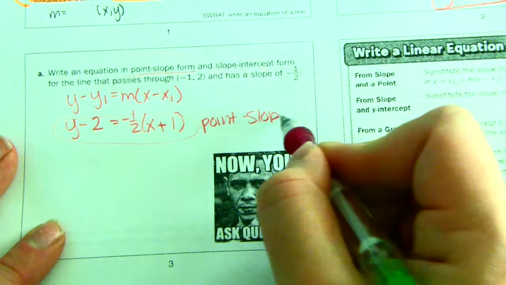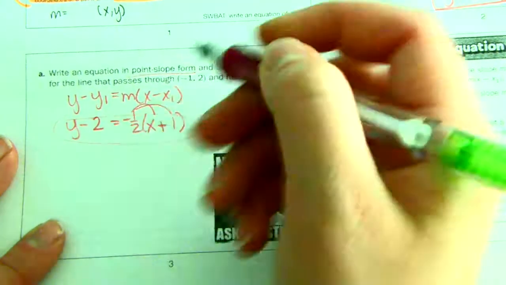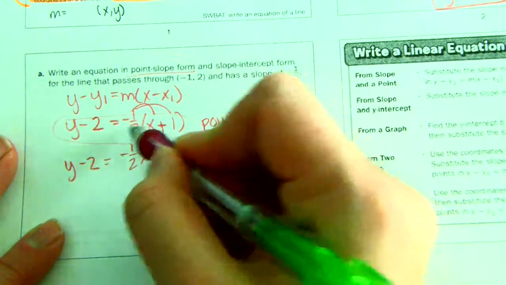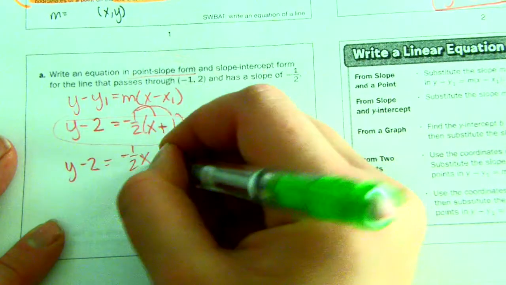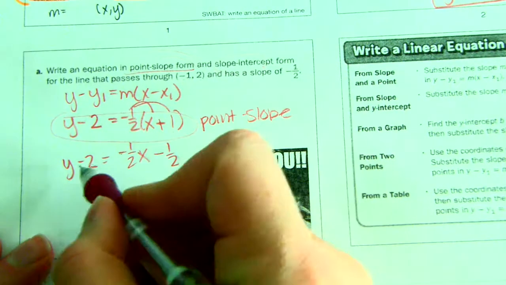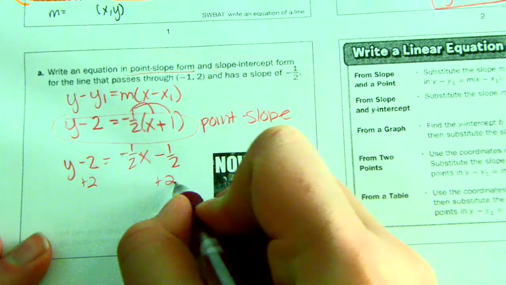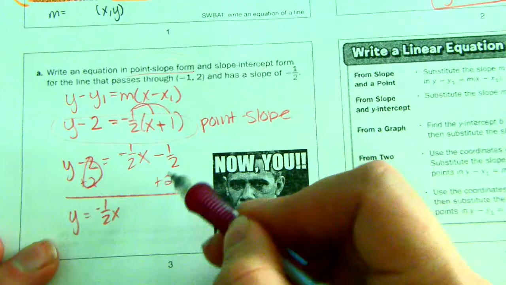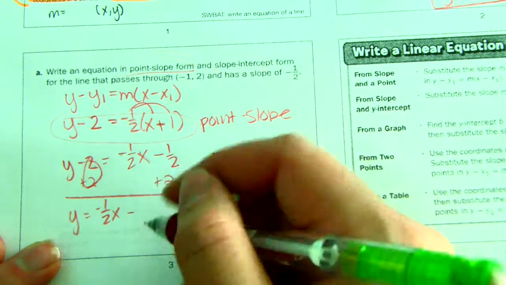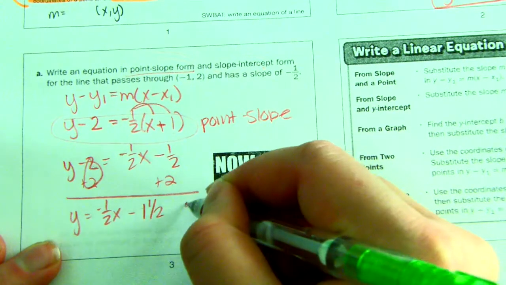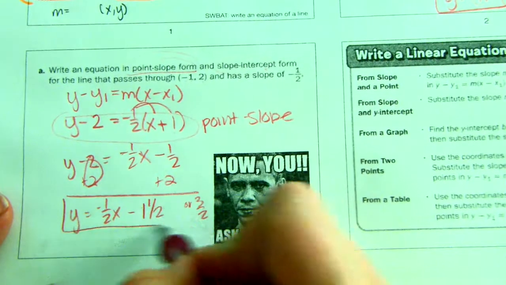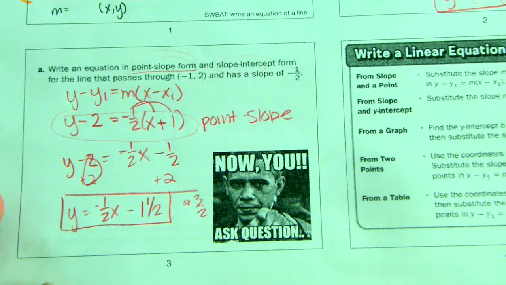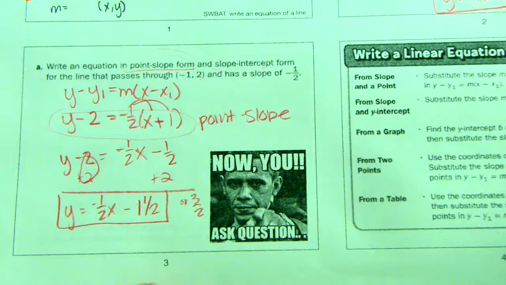But it asks us to go farther and get it into slope-intercept form. So I'm just going to distribute my negative 1/2 because I'm working toward y equals negative 1/2 x, and then minus 1/2, because negative 1/2 times 1 is negative 1/2. I need to get rid of this minus 2, so I would add 2 to both sides. So y equals negative 1/2 x. 2 minus 50 cents is $1.50, which is 1.5, or 3 over 2. So either one would work. This one might be easier to find on a graph. Find one box at 1.5 down. Okay,